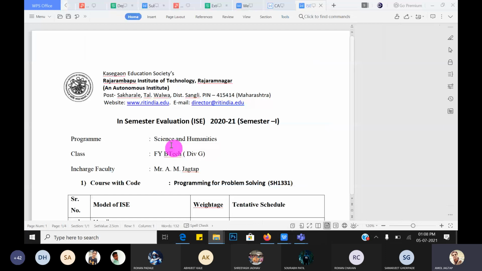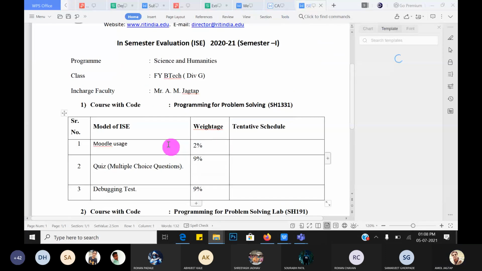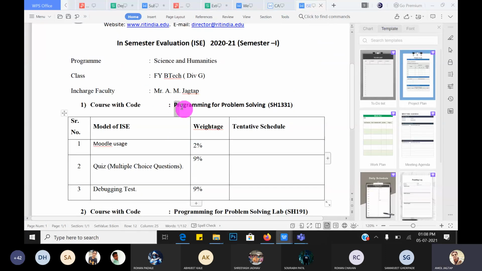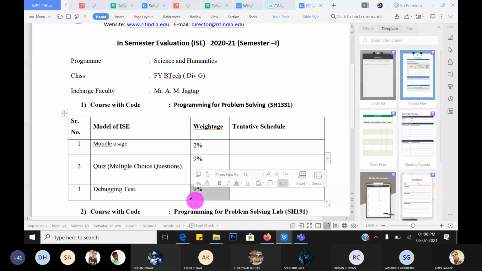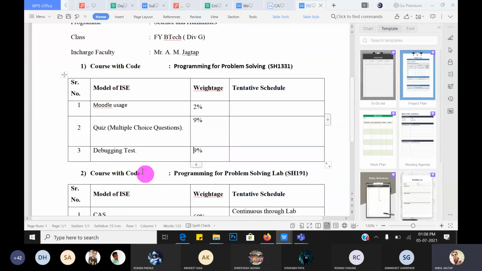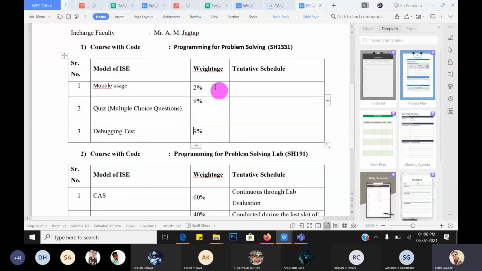In the in-semester evaluation part, first is Programming for Problem Solving, that is the subject. The subject has Moodle usage 2%, quiz 9%, and debugging test 9%. These two are taken on Moodle itself. So total 20 marks for the subject ISC.